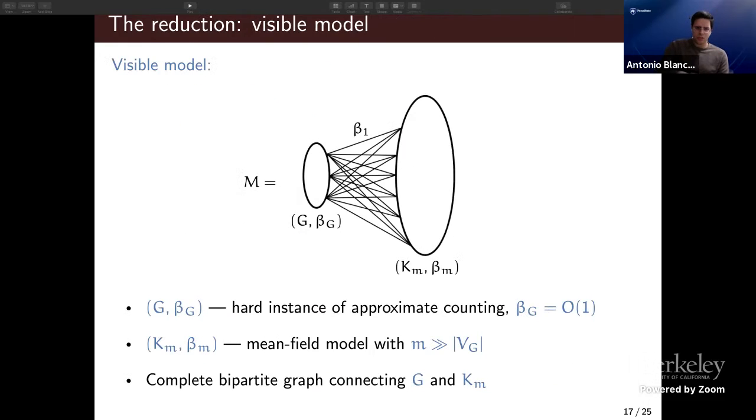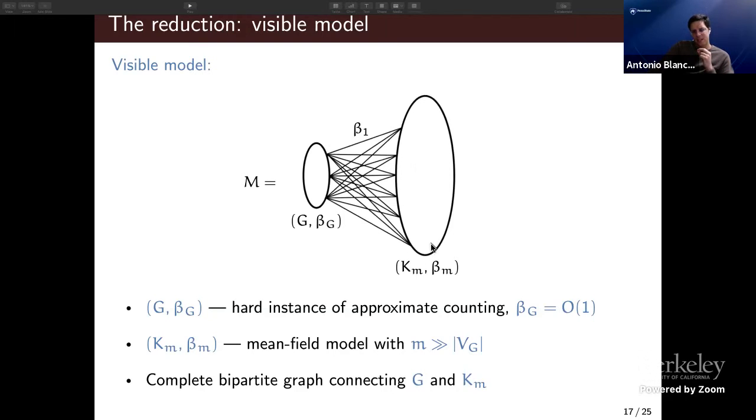Okay, so here is our construction of the visible model. So we have a hard counting instance. This is, say, a graph, and we also have some edge weight. This is the graph where we don't know how to approximately count. And what we do is that we put this very big mean field reservoir here. So we put a complete graph here, and we're going to think of M, the size of this graph, as being much larger than the size of this graph. And we're going to connect it with a complete bipartite graph. And the intuition here is that